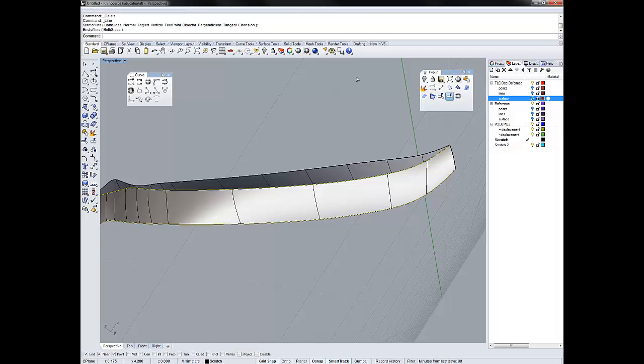So I'm going to select split, and it's asking me to select the cutting objects because I already have the objects that I'm going to split selected. I'm just going to select this line, and I'm going to press enter, and what you'll see in the dialog box is it says 2 curves split into 4 pieces. And indeed, if I select this curve now, you see that it ends here. So let's select these 4,